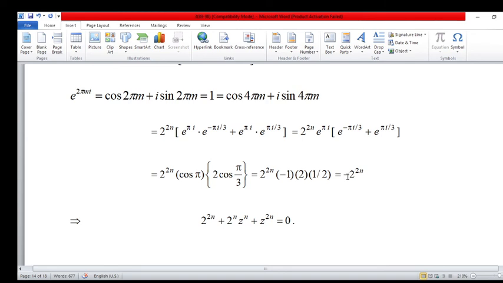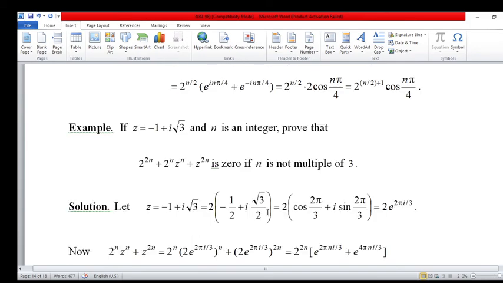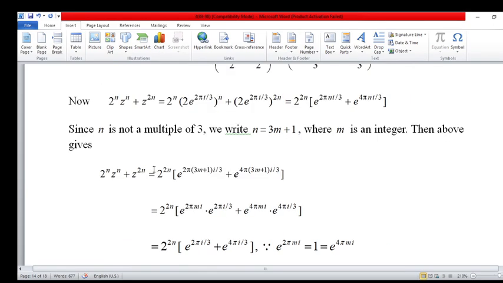So this is the minus 2 raised to the power 2n, and therefore the equation: 2 raised to the power twice n into 2 raised to the power n into z raised to the power n into 2 raised to the power twice n. This is the 2 raised to the power twice n, and here 2 raised to the power twice n, here z raised to the power twice n. So this equation is equal to 0,